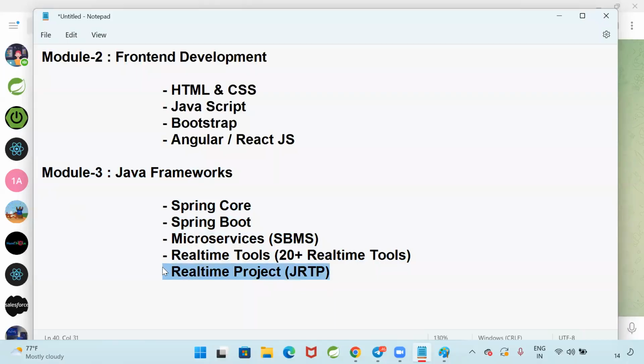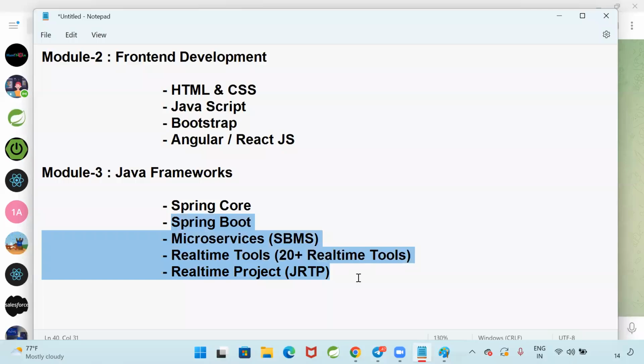Got my point? Now, Ashok IT Institute started in the year 2020 with Spring Boot microservices and real-time project only. Two years back, we started this institute. Earlier, I used to work as a trainer in another institute. I don't want to name it. After that, in 2020, we started Ashok IT. The first course that we launched in Ashok IT, Spring Boot microservices, became a super hit in the market.